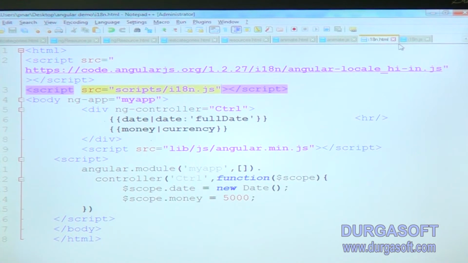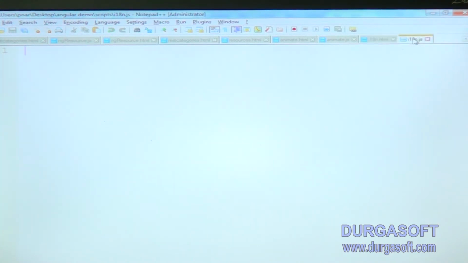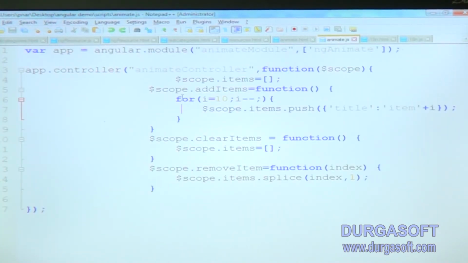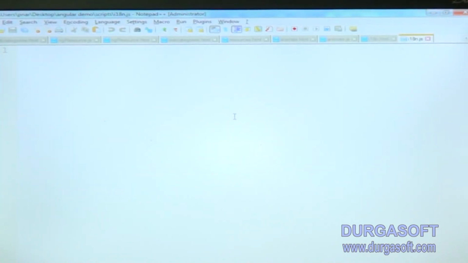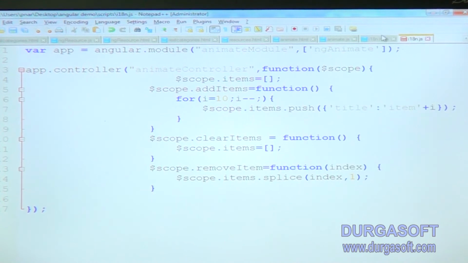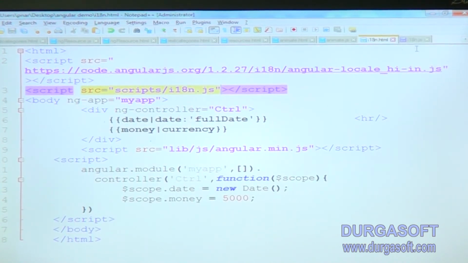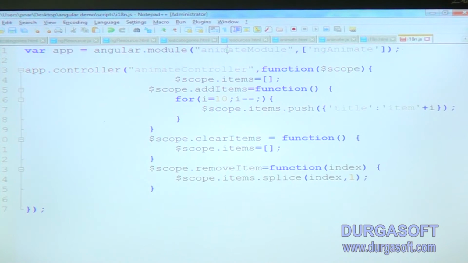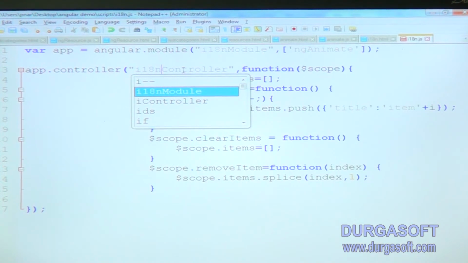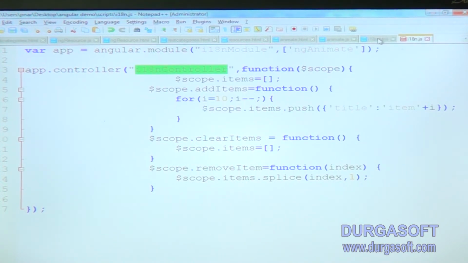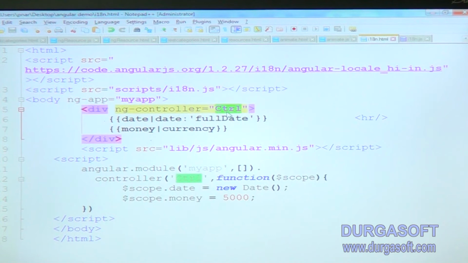In i18n.js I am creating a module. That module name I am giving as i18nModule, and i18nController. This controller I am going to use here.